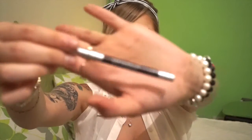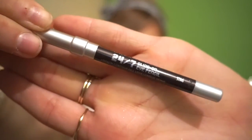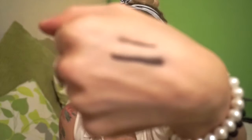Next beauty item is this 24/7 Glide On eye pencil from Decay. This is just a little sample size, but I've been loving it, and this is the only one I own by them, and I think I'm definitely going to go and get some more. This is in the shade Stag. It's just a really deep brown shade. If I swatch it, I must admit it does look very black here,